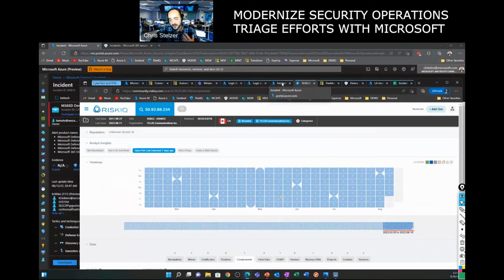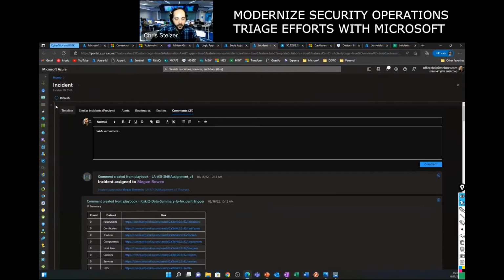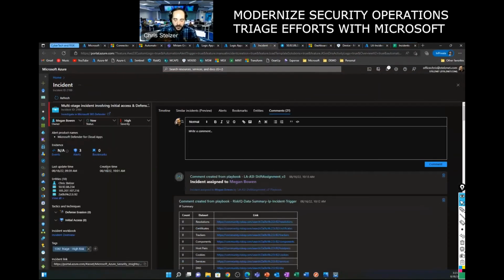So we've scaled the incident up, we've scaled the incident down, we've made a determination, and we've automatically assigned an analyst to the user. This incident is ready to rock and roll. So what happens now if the analyst doesn't respond, doesn't take action on this incident in a set duration of time? You might say, look, I want to ensure that any incident that's a high risk, that gets thrown in the environment, I want to make sure someone takes action on it within a certain amount of time. So what we can do to automate this even further is deal with the escalation process.